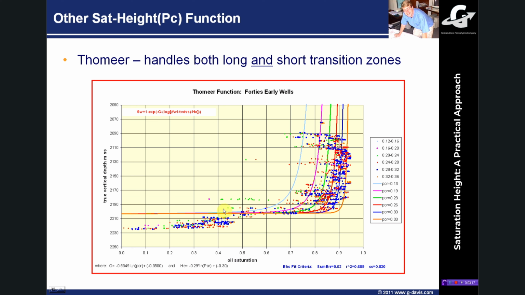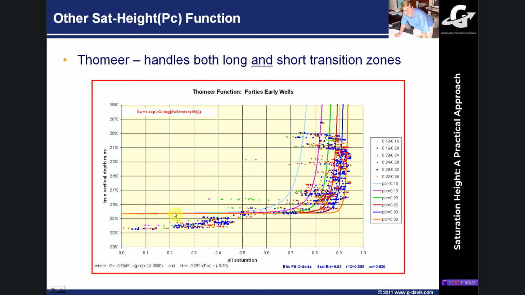But anyway, here you can see on this particular Forties example, I've kind of forced the regression here, and I've picked an arbitrary free water level at this depth, and I've forced the regression through there. And you will possibly note that I've got some quite high residual oil saturations down below what I've adopted as a free water level here. And I know that in the past BP used to adopt quite a horrendous sigmoidal function, which I don't think was on my first list. It's a very complicated function that tries to match this high residual oil saturation below this free water level, and then come up here and also match the oil saturations in the main leg.